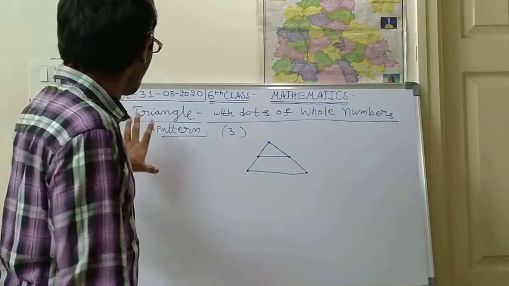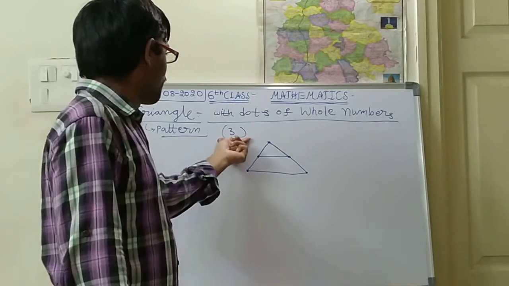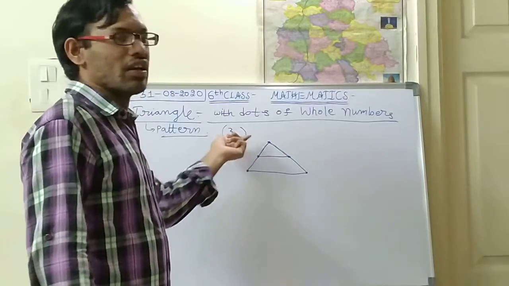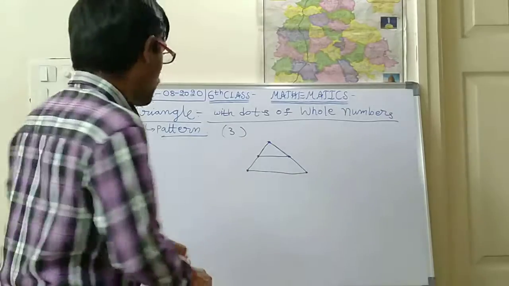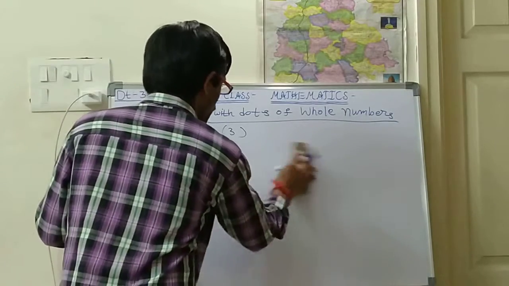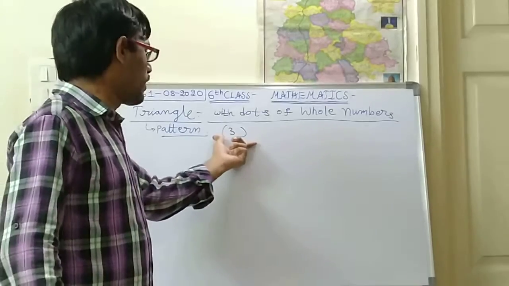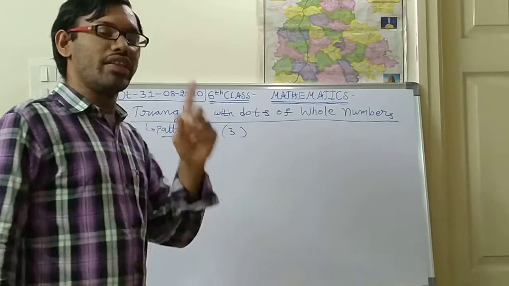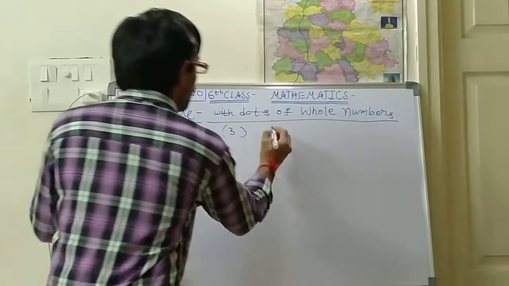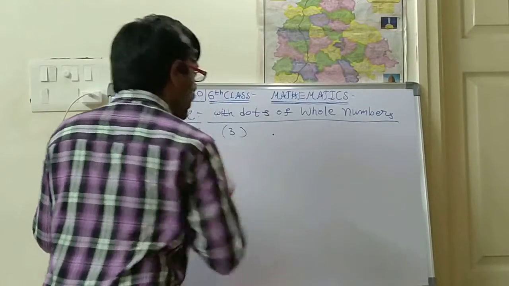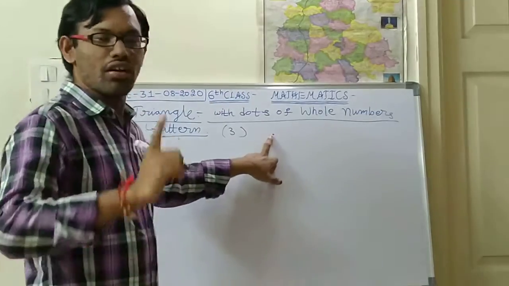So here also for the triangle, first minimum basic number is 3. So 3, after that 6. Okay, so if you want to find, how can we find the number of dots? There is one simple trick. So first you keep a dot. Okay, so this is one dot. With one dot we can't form.